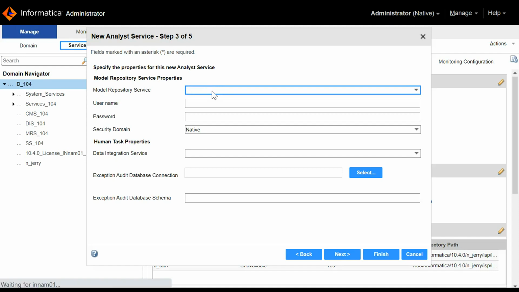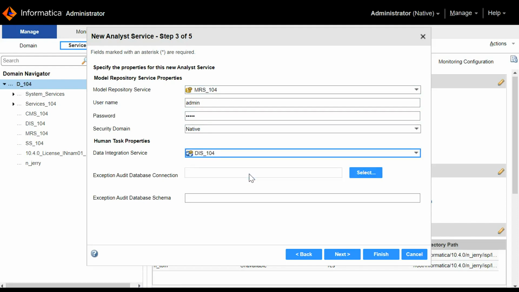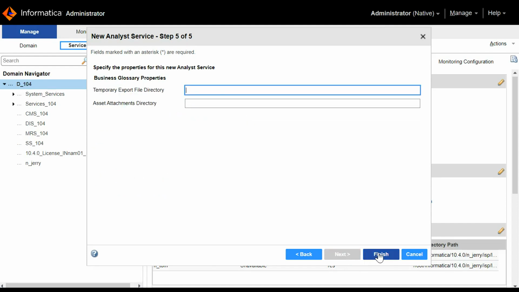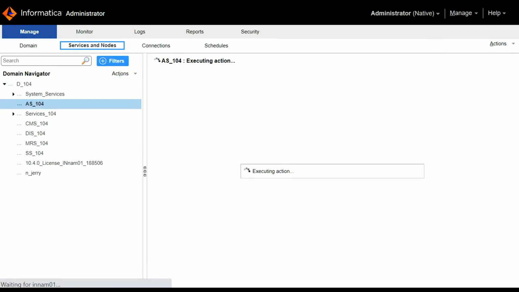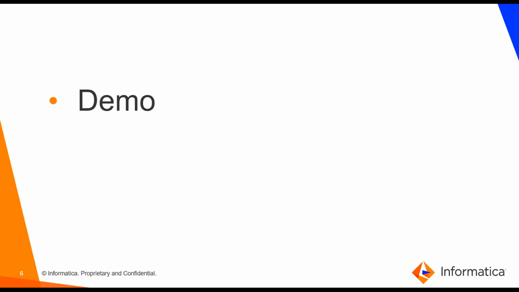Select the model repository. And here the data integration service. The analyst service has also been created successfully. We have successfully finished our demo.